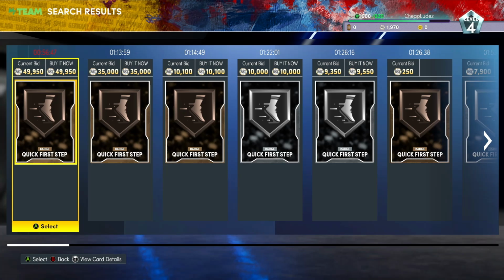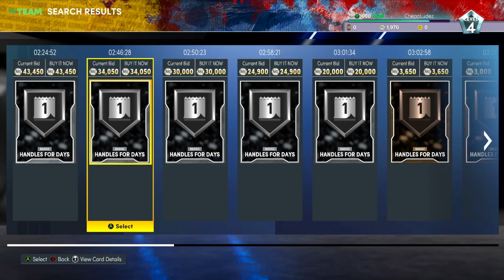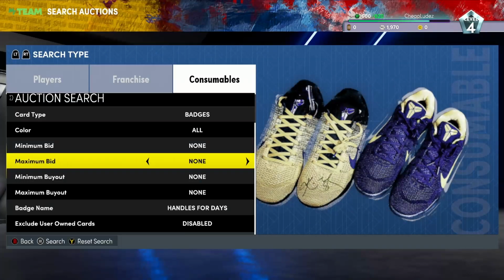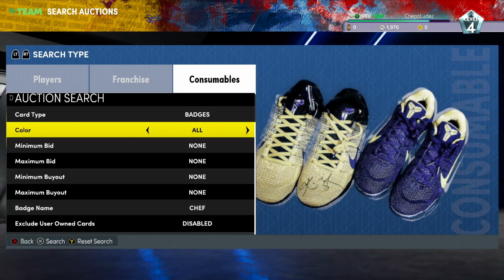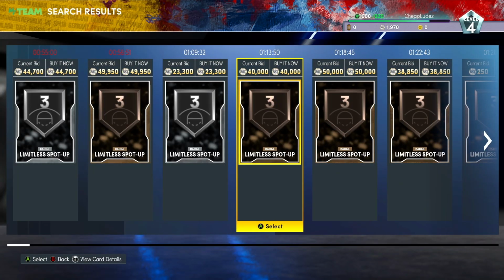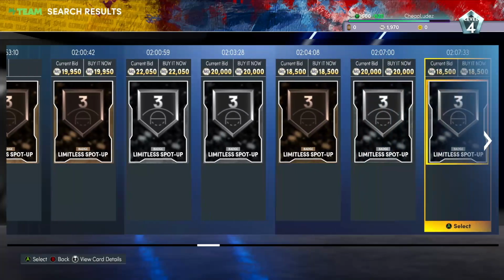I'll be honest. Quick First Step is clearly going to be expensive. Same with like Handles for Days. Handles for Days is probably monumentally expensive. Though there's a bronze one for 3,600, so I don't think it's that expensive. 3Gs. Gold badges are going to be really expensive at this point in the year. Later on in the year is when you see bronze and silver badges become expensive, but this is when gold badges are expensive because people want to get their guys up to gold badges to have an advantage over people. Yeah, Limitless Spot Up is going to be the pricey badge this year,